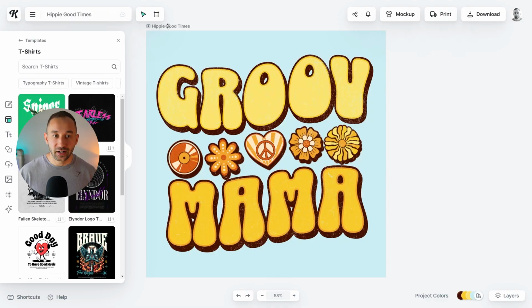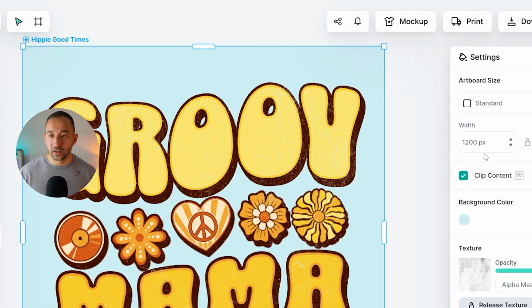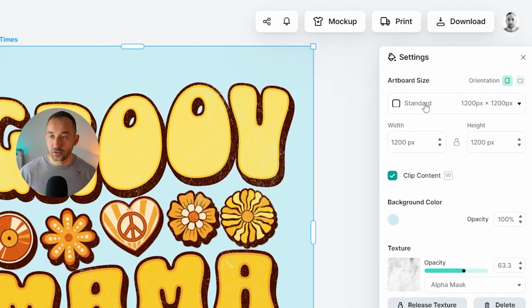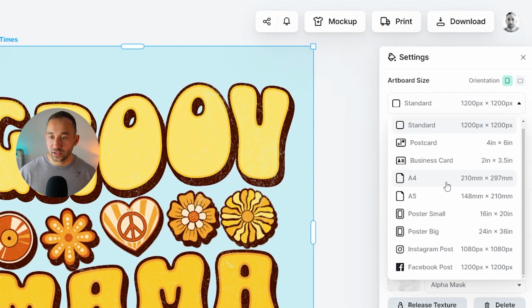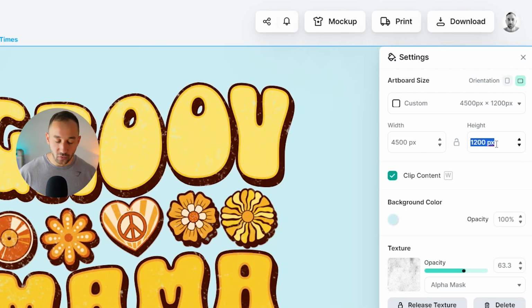So what you can do is you can click on the title of the artboard in the top left corner, and then you will see the dimensions over here. So you can change that with the presets, or if you're looking for something specific, then you could type in the dimensions over here. So let's do the merch by Amazon t-shirt dimensions, and then you will have to kind